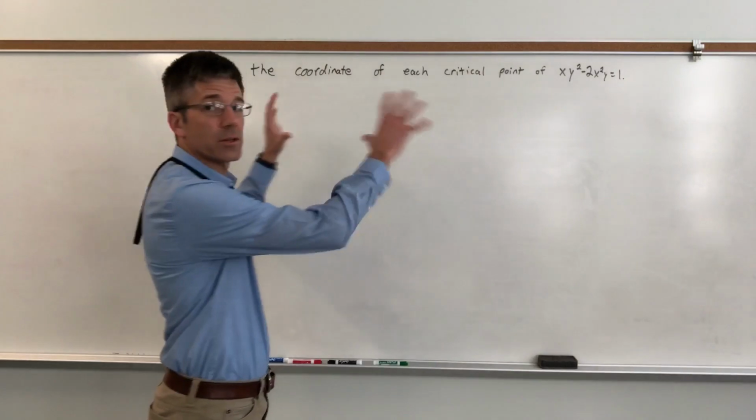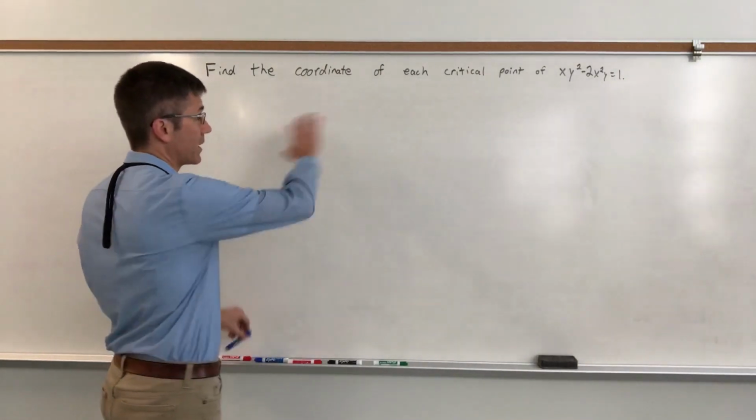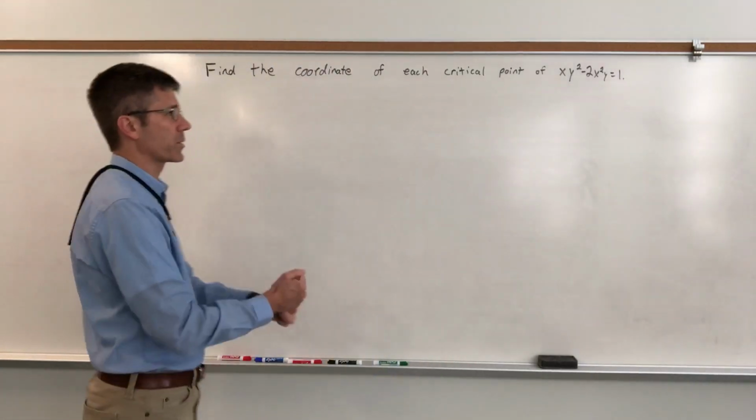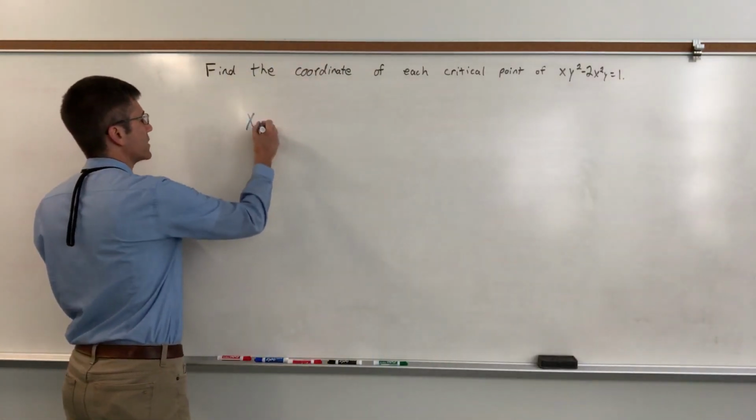And just so it'll look a little more obvious, it'll be bigger on the board, I'm going to write it again under here. And we have to find the coordinate, x and y, of each critical point, similar to the last problem we had done. So we have x,